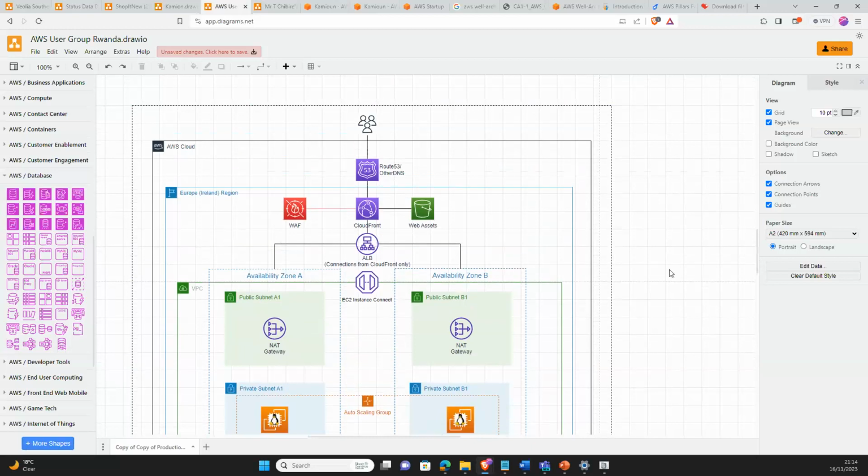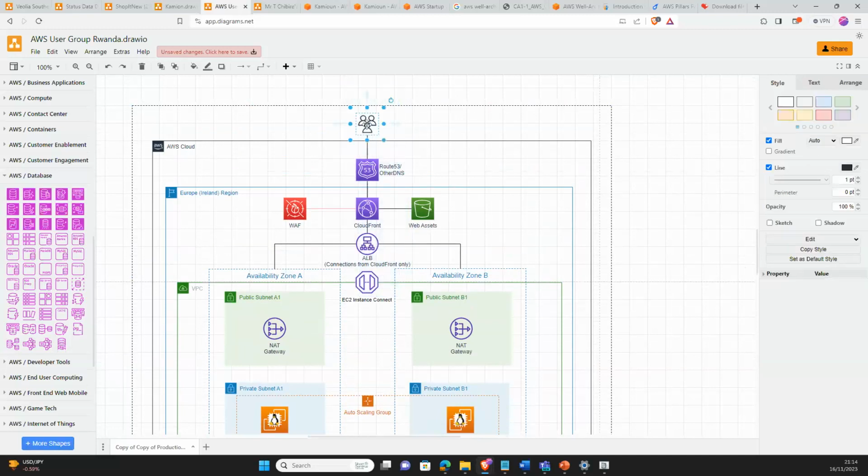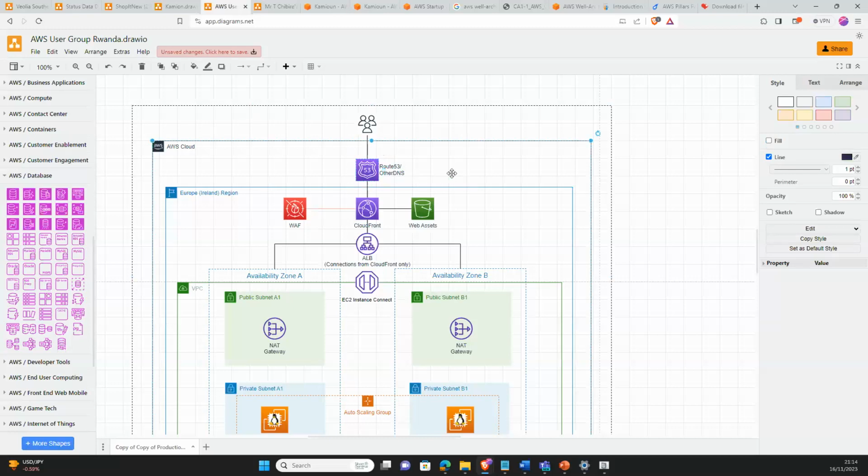Now, let's start with the first pillar that we did mention, and it's security. So for security, or maybe let me just explain on a high level what is happening here. So we have end users, right? And these end users are going to access our application. First, they need a DNS. In our case, we're going to use Route 53 for our DNS. So maybe our application is xyz.com. That is the entry that we're going to put in our Route 53.